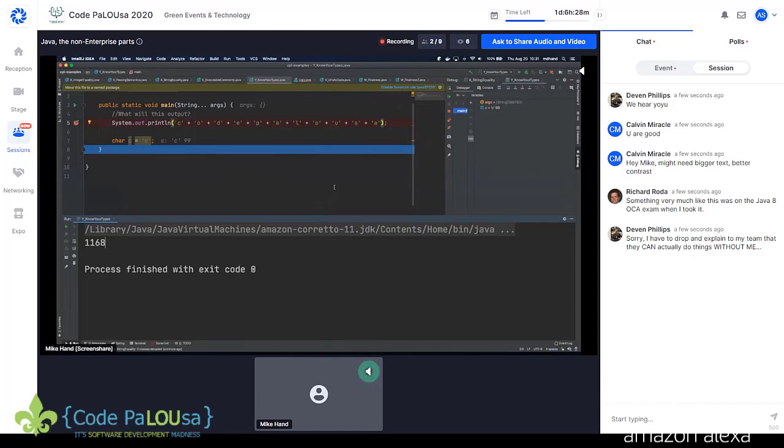So chars and shorts, etc., just really aren't widely used anymore. And that's one of the reasons I think they're not well understood, but it's actually a numerical type. You can happen to assign what seems like a single character string to it, but that's not actually what it is.